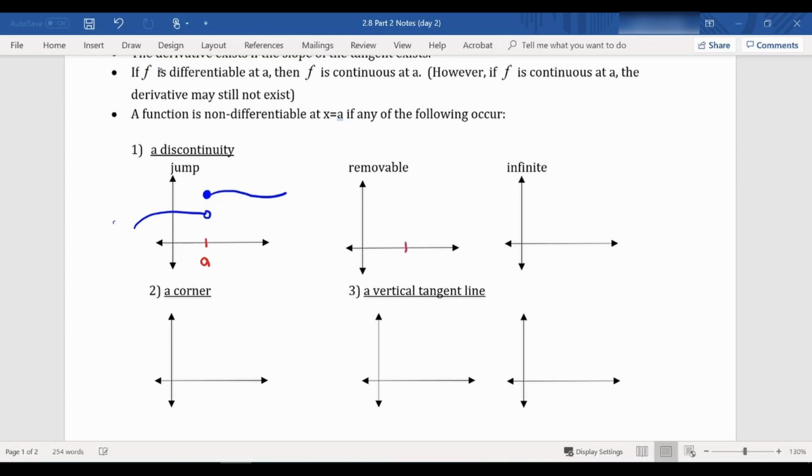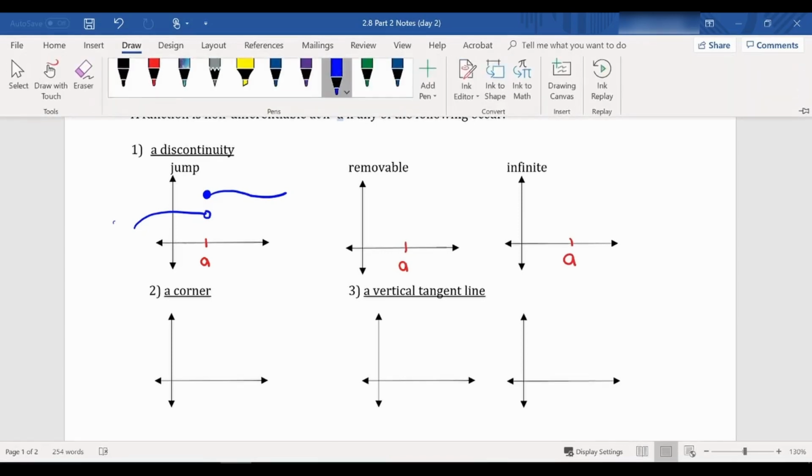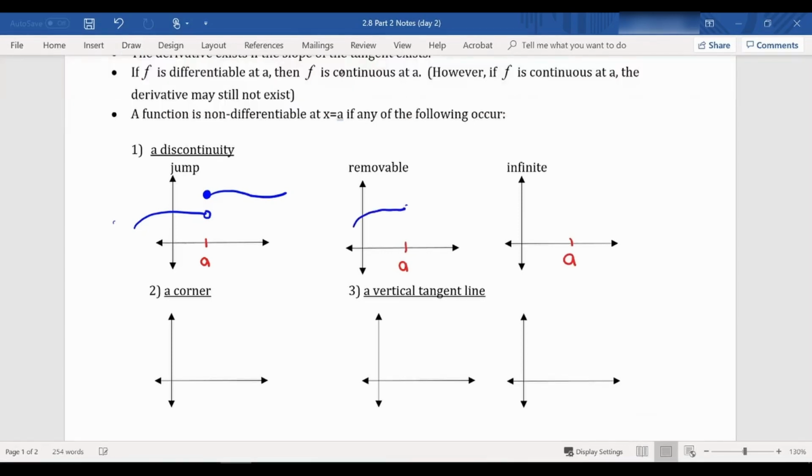If we have a removable discontinuity, we are not differentiable. Same thing, we cannot draw a tangent line at that point because there is no point. There's a hole. And then infinite,